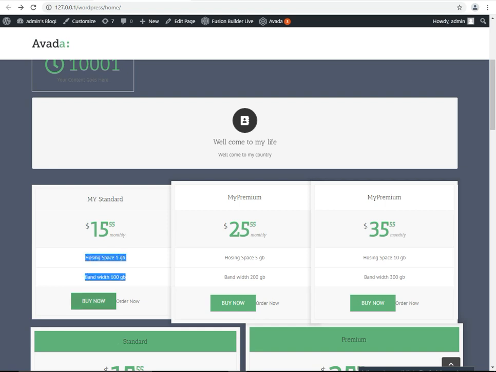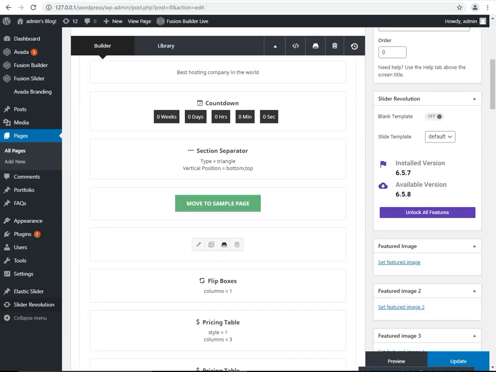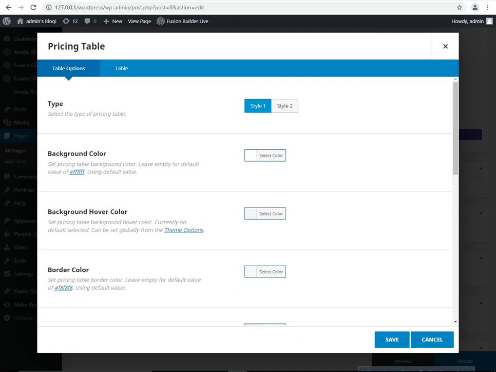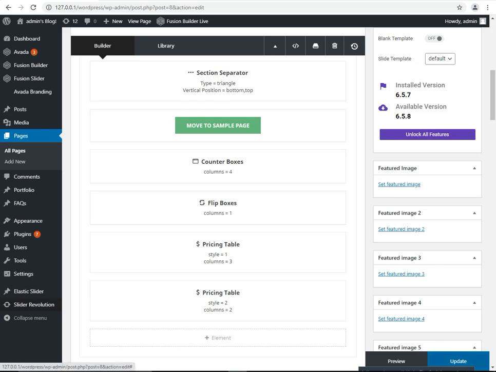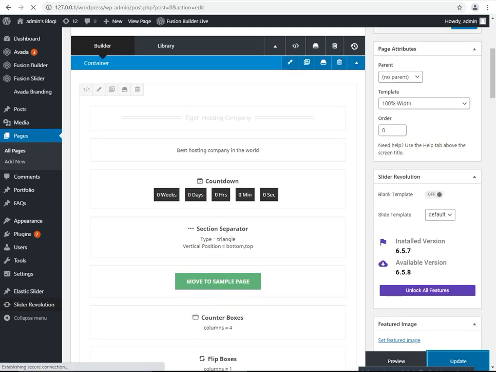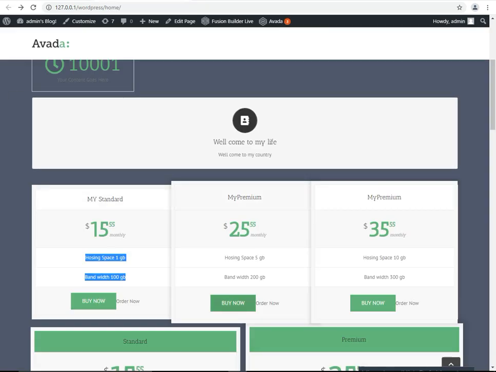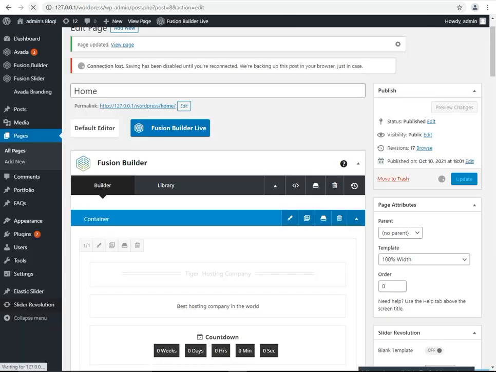Hosting 1 GB, 2 GB. You can click on buy now, buy now, buy now, order now. Going to remove this order now button setting. Where does this come from? Pricing table. Click here. I think it is the table, and here it is written order now. I'm going to remove this order now. Update button. The system will take a few seconds. We will remove the order now, because then after this the buy now comes in the center of this page.